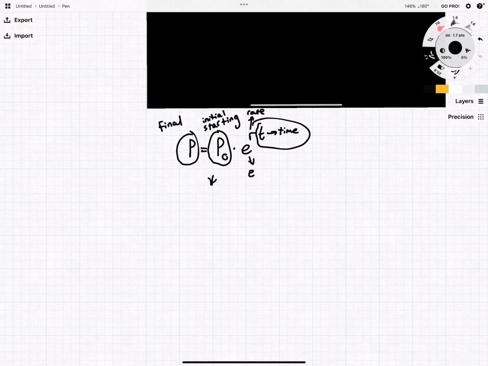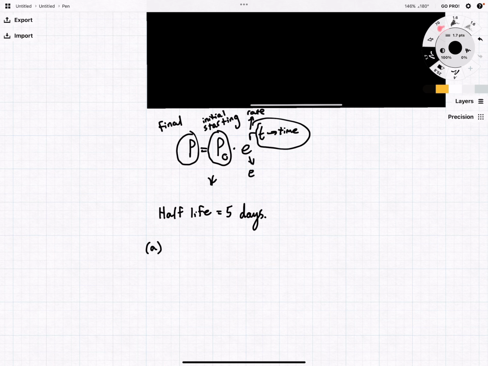So we have a half-life of 5 days. Let's write that down first. So what does that mean? That means that every 5 days, you will have half the mass of the amount. So for part